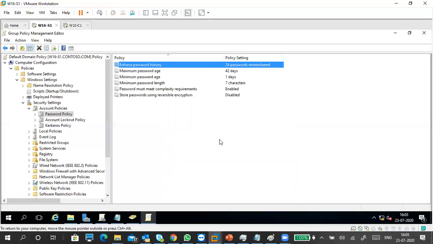There is a 24. The last 24 passwords it will remember. It means if you want to repeat a password, you have to calculate what the 24th, 25th password before you can give it. Like if you have already given 30 passwords, it means you can give the first password now. Okay, first, second, third, up to the 5th password you can give. Now, the last 24, you have to calculate. I don't have time to go through that entire 1, 2, 3, 4 kind of stuff.